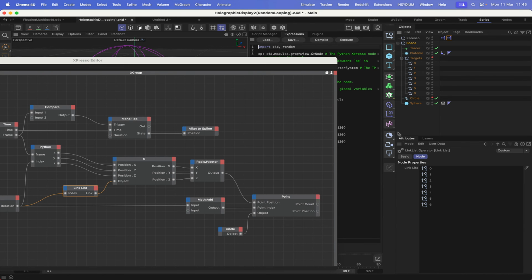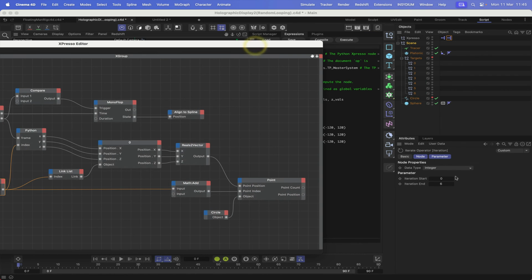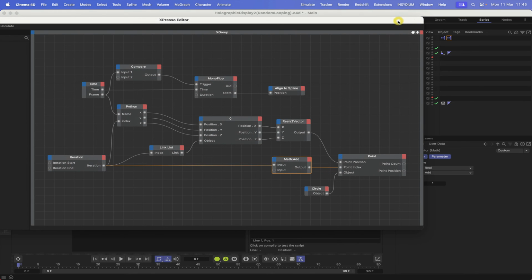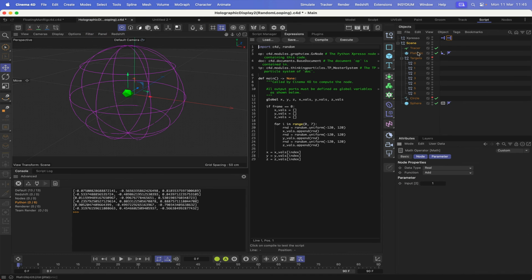0 through to 6, they're there. And the iteration, of course, is iterating between 0 and 6. The math add is still exactly the same because we want to ignore 0.0. And that really is the only difference. It's exactly the same other than that. And then I've just simply added a tracer in here so that you can just see what's going on, and